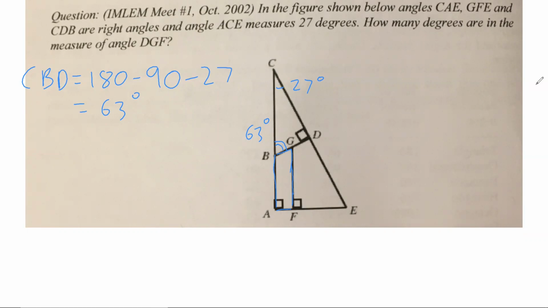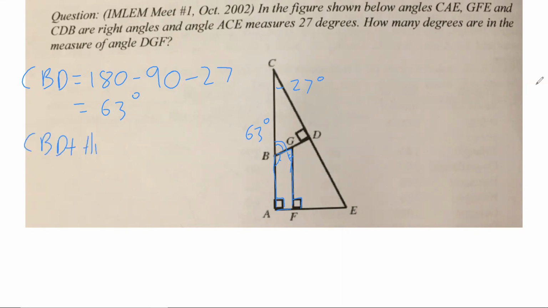Since two of the angles here are already 90, these two have to add up to 180. And since CBD